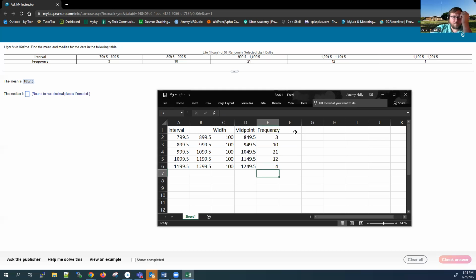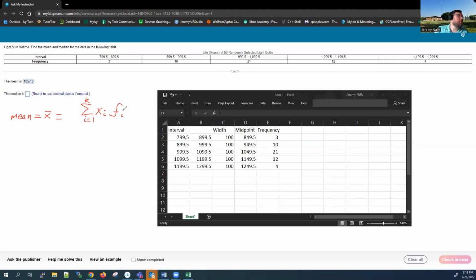Okay, so now to find my mean. So my mean for group data, which is also known as X bar, is going to be the sum from i equals 1 to k of the midpoint of each one of my intervals, which I'll just refer to as Xi, times the frequency of each one of my intervals. Okay, and then that's all over